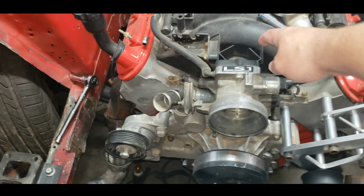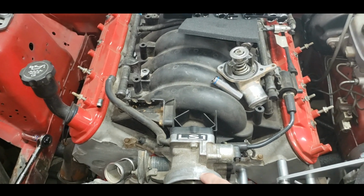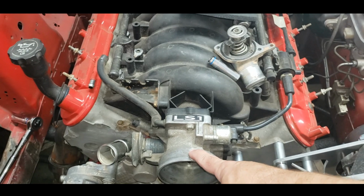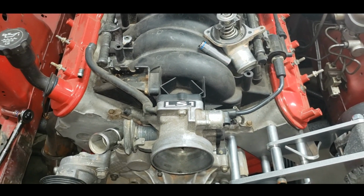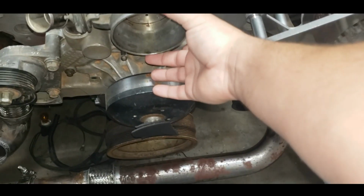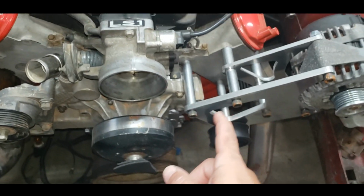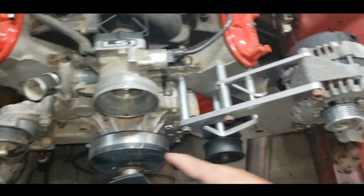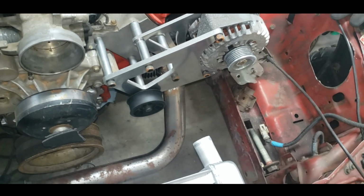Alright, so this is an LS6 intake manifold, but an LS1 throttle body. Alright, LS6 obviously is drive-by-wire. And when I got this it already had this on, so it's no big deal. I don't really care. But I don't have the coupler from here to the 3-inch intercooler pipe yet. Got to buy that also. But in the other videos, you'll see that I've already got the intercooler piping set up to run in and go in. That's fine. It's already done. I just don't have